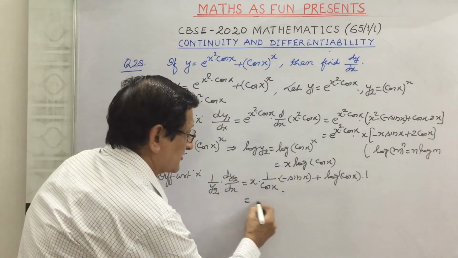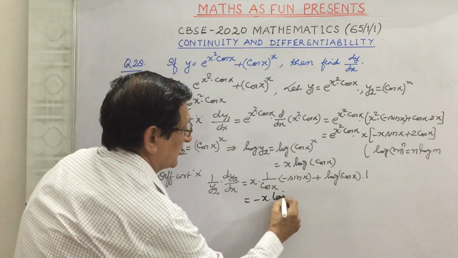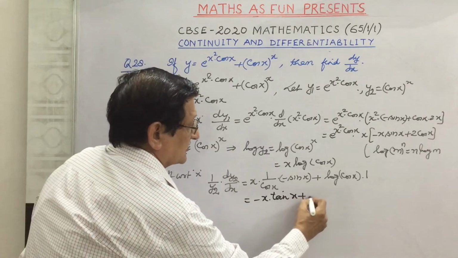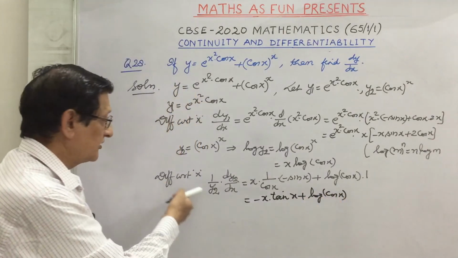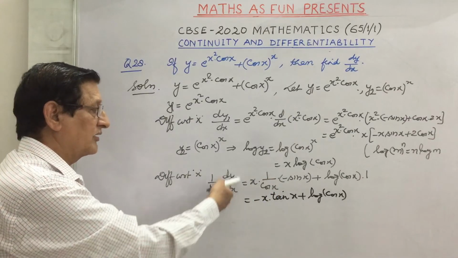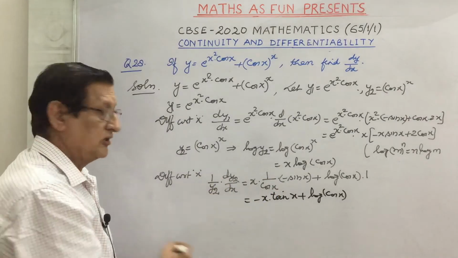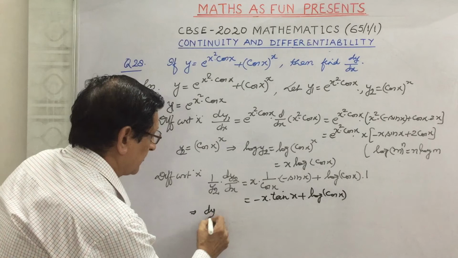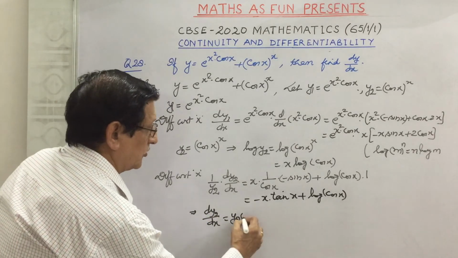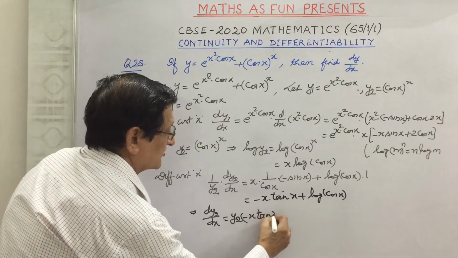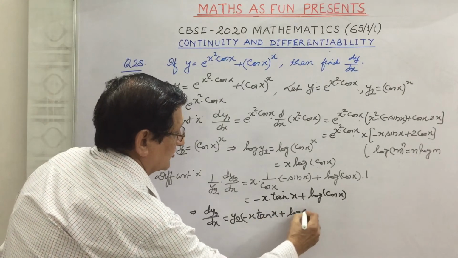And we can write this as minus x into tan x plus log of cos x. But this y2 is to be multiplied there, then only we will get dy2 by dx. So we can write here, therefore dy2 by dx is equal to y2 into minus x tan x plus log of cos x,